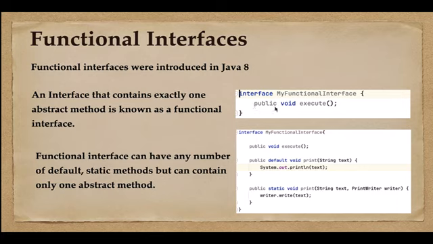An abstract method means a method without any implementation. In order to provide an implementation for this method, you have to create a class, implement this interface, override this method,